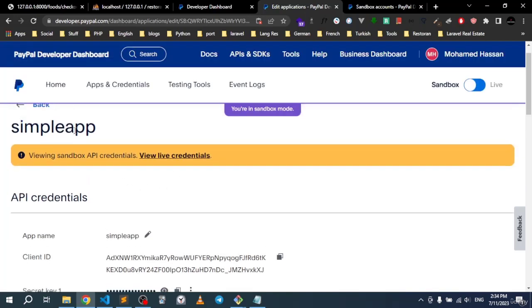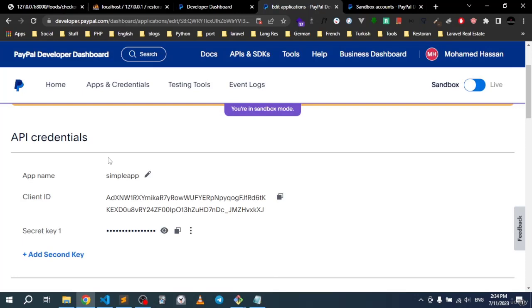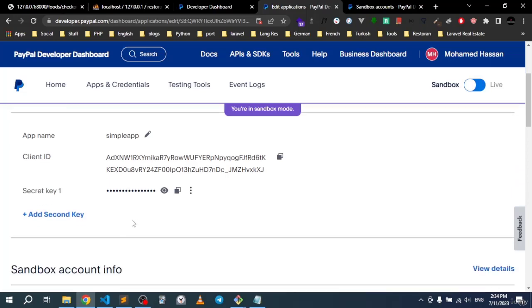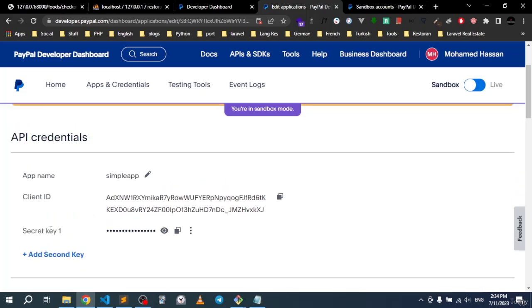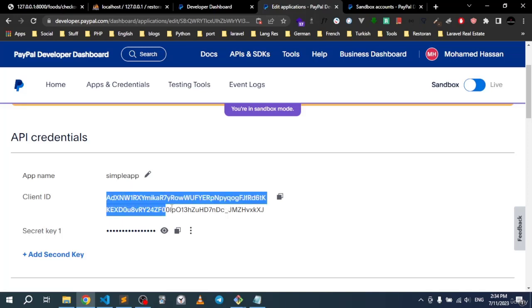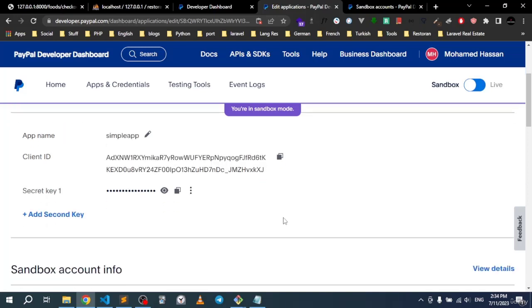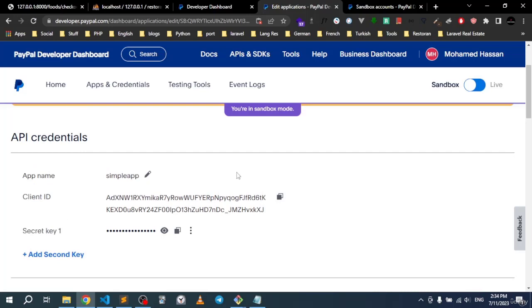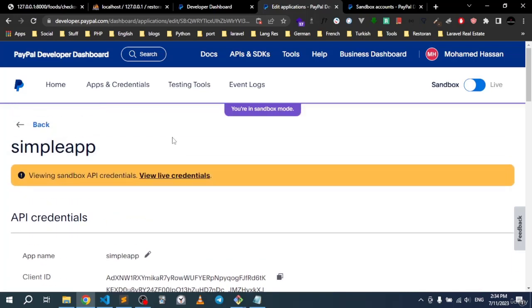All right, as you can see, here is actually our app right there. Here are our credentials. Here is the app name, and here is simply the client ID, which we have right there. And the secret key, we're not going to do anything with that actually. What matters right here is this ID. And right after we did those two steps, the next step will be